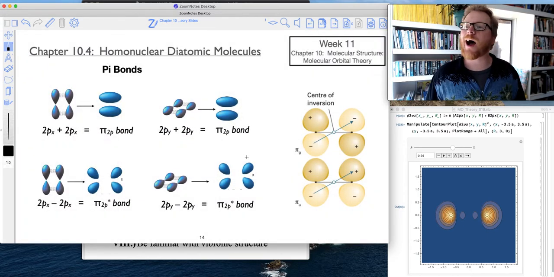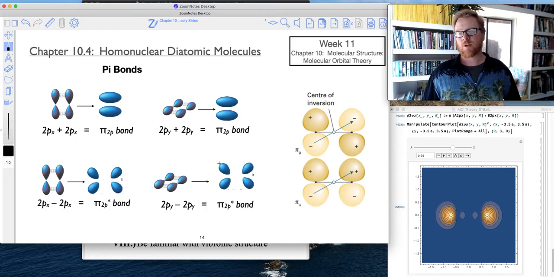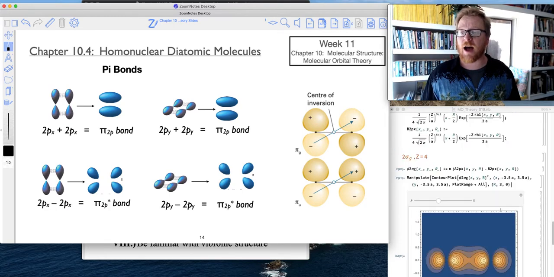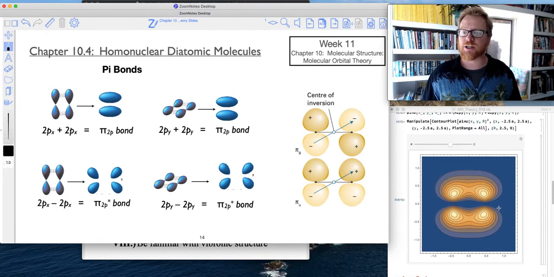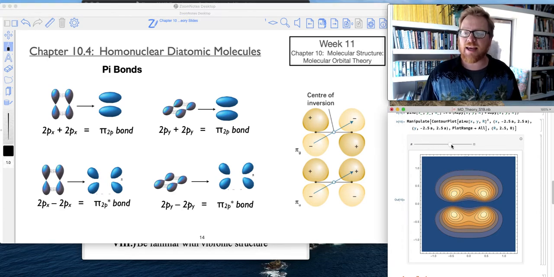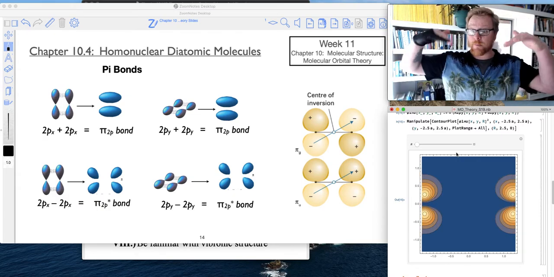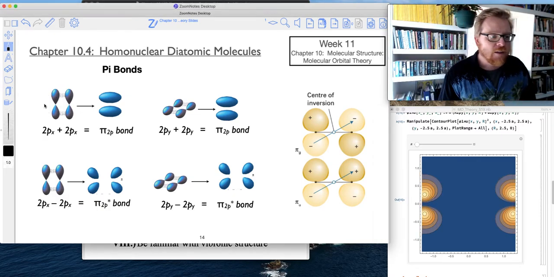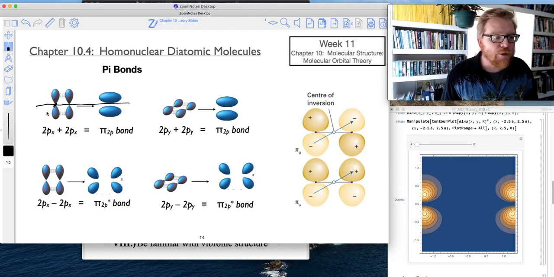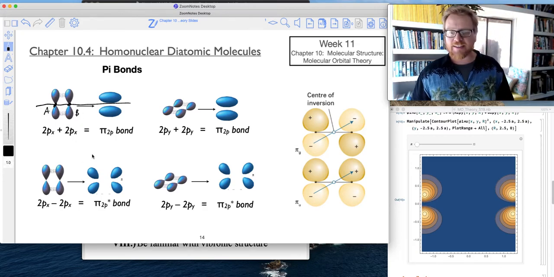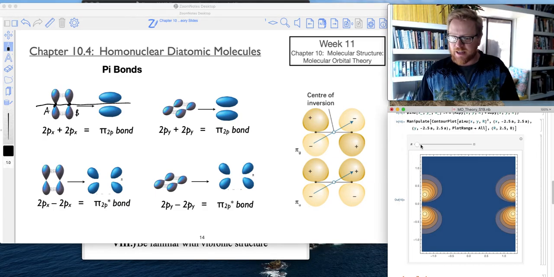So what about pi bonds? What happens when we make pi bonds? Well, just like we talked about in valence bond theory, these are linear combinations of now p electrons that are off axis. Remember, my internuclear axis, I'm going to draw this way. There would be my A nuclei, and there would be my B nuclei. And as I scale these close together, you can see here, I'm going to make a lovely pi bond